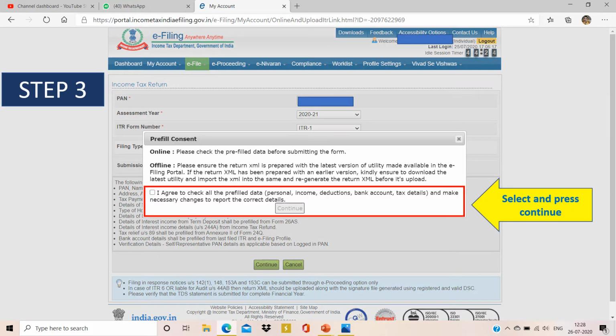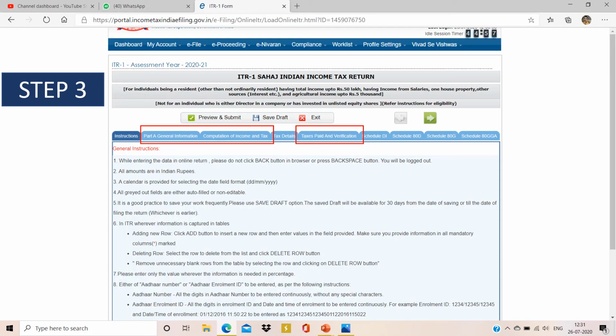Now click continue. That will throw you a pop-up message. Select the tick and continue. Now we are on the next page, the real computation sheet, where you have to update all your income tax details and exemption details, which will calculate your actual tax details.